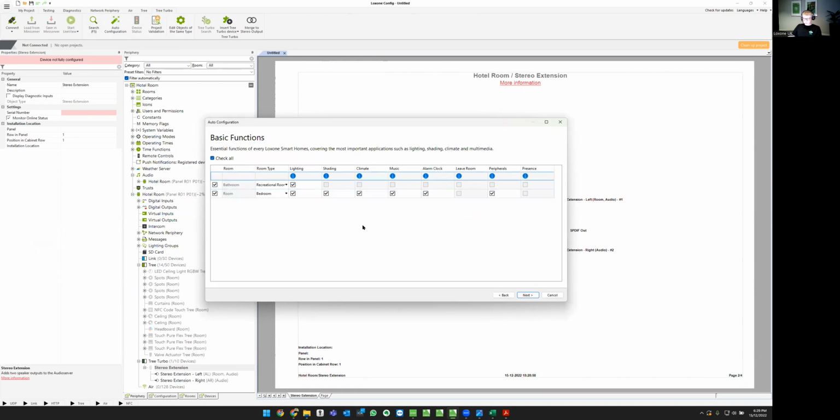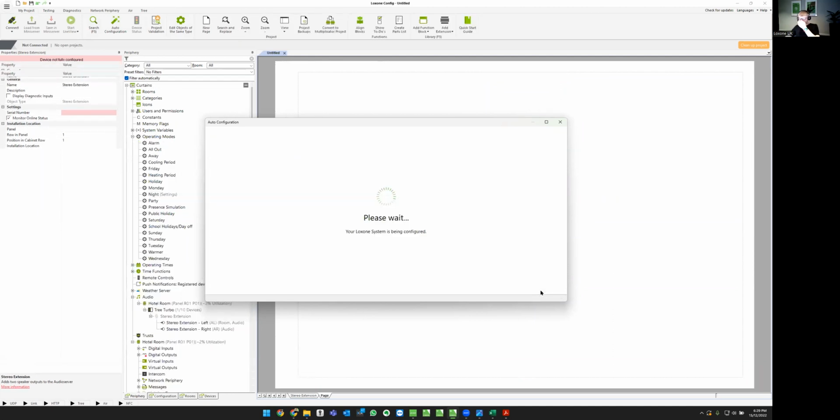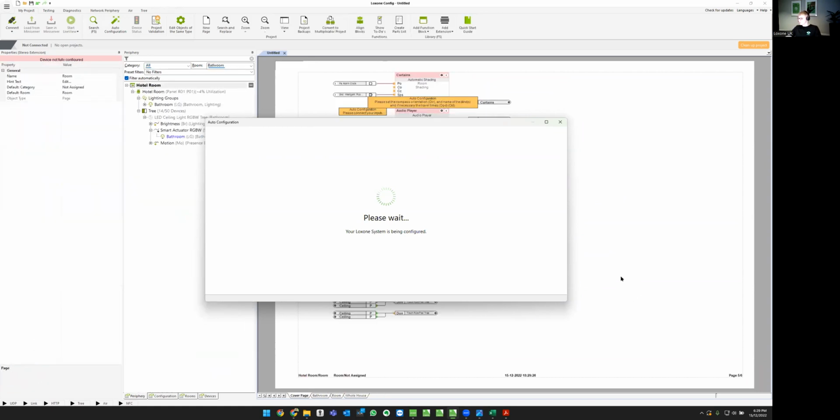Room is a bedroom. That's fine. Next, we need night mode, and we potentially need climate control. Away could be useful. Oh, we don't need climate control. There we go. So configure. So we've got our config file. And although, yes, there's going to be a couple of bits of tweaking to do in this config file,